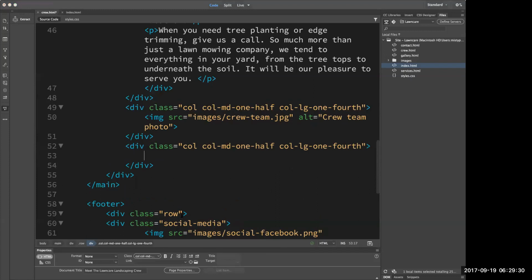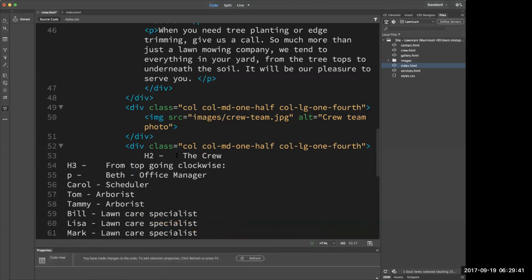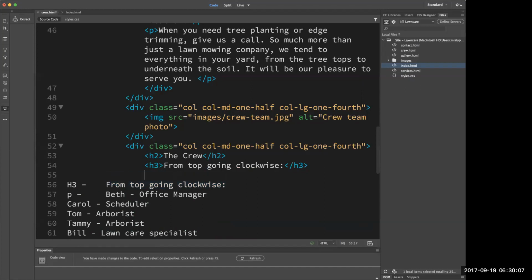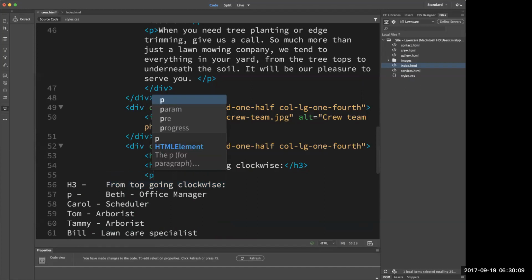So we're going to go into our copyright, your Microsoft document, copy the section for the crew, and paste it in there. And then we're just going to go back and add our tags. We need an H2, and that should be the crew. Cut it, paste it in here, erase that H2 white text, and then we need an H3. H3, and it should be that, copy, paste, and then we need a paragraph tag, so P tag,